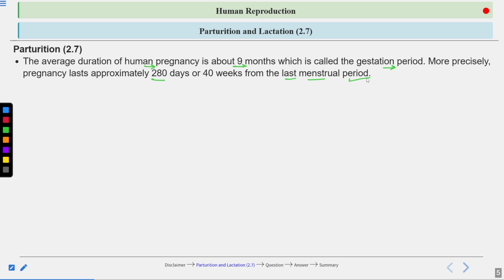During pregnancy there is no menstrual cycle because the endometrium is quite thick. This thick endometrium is required for implantation. What was implantation? When the blastocyst attaches to the endometrium. If the endometrium is thick, there will be no breaking of the endometrium, because the endometrium breaks when it becomes very thin. But here, in the presence of progesterone, the endometrium is quite thick and there is no menstruation. So pregnancy lasts 9 months, meaning 280 days or 40 weeks.